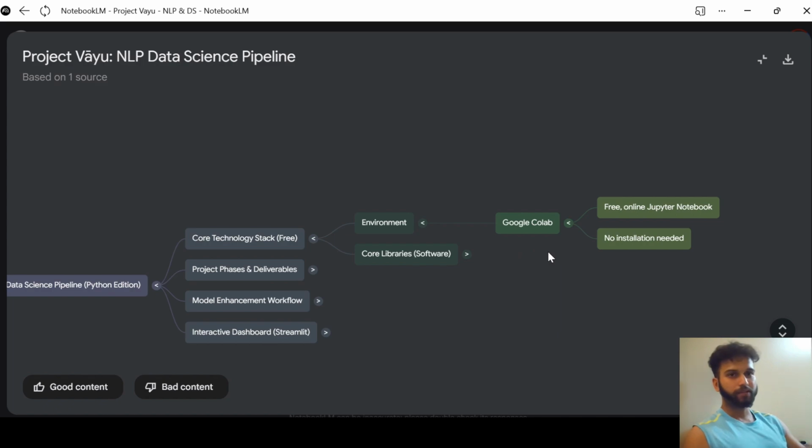So in the Google Colab environment, it's a place where you will do your coding, whatever the dashboard was there. When you build an AI model and use the Python programming language, you'll be using an environment that is called Google Colab. We will use it here, where you'll build and code your project. Okay? It's a free online Jupyter notebook.